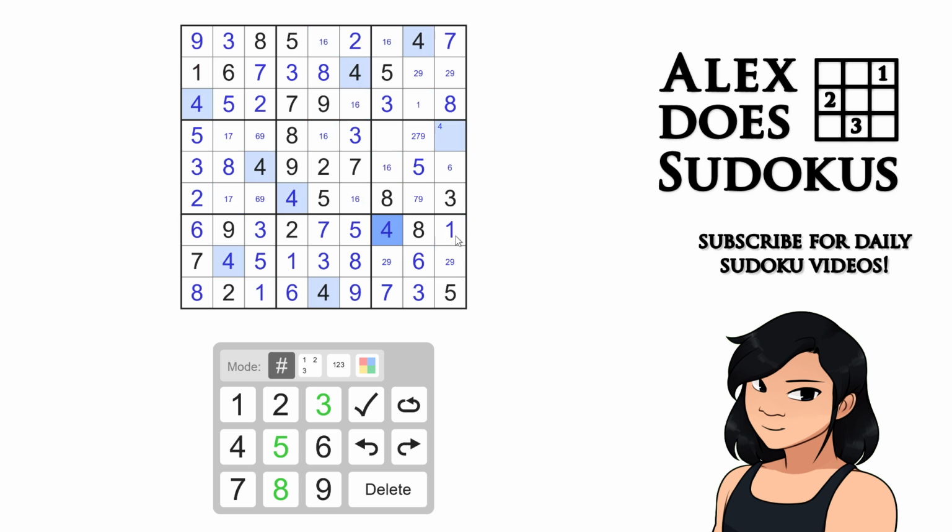4, 1, because of the triple in these 3 cells. So now... I haven't locked down the 1 yet. I need to be careful. But the 1, 6 pair is resolved. So now the 6 is locked up here. And that is going to resolve all the 6s. So all the 6s are done. And all the 1s are done in these as well. 1 and 7. 9 is over there. 9, 9, 2, 7. So just following the chain, untying all the...